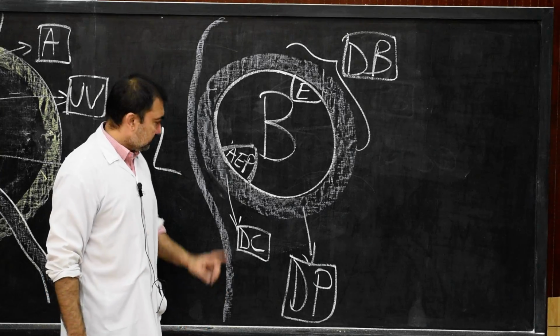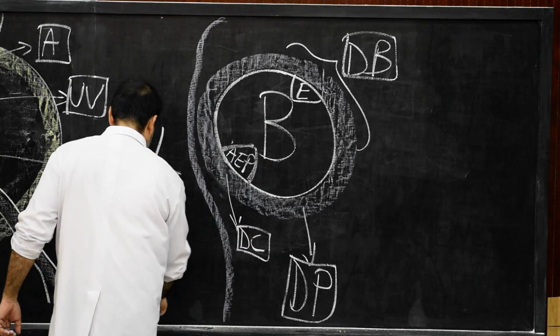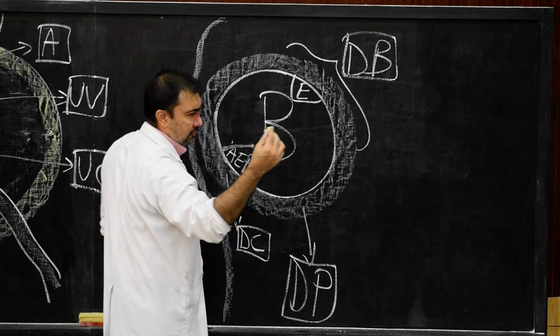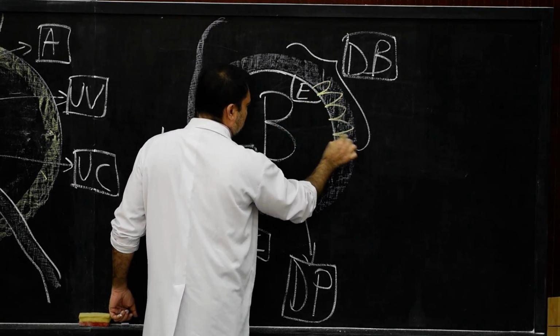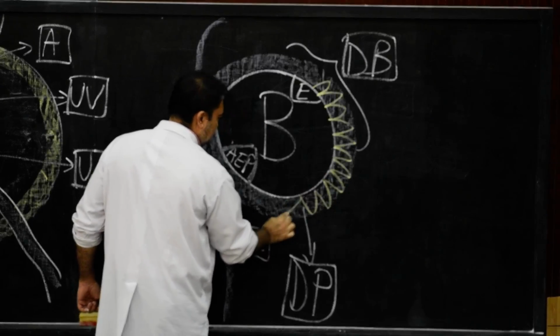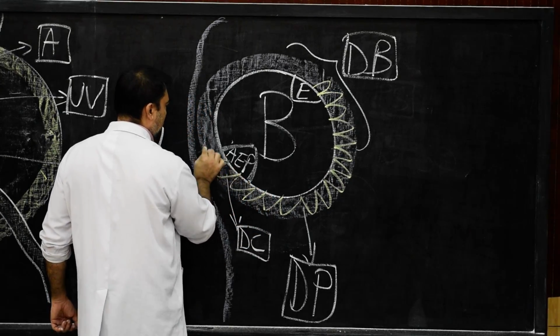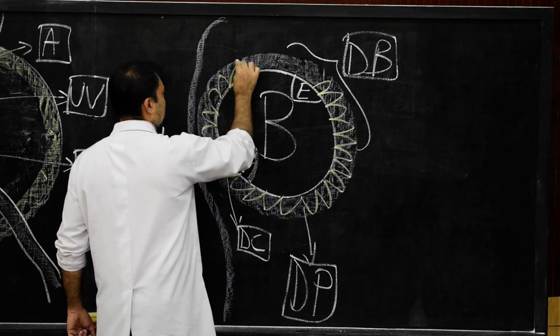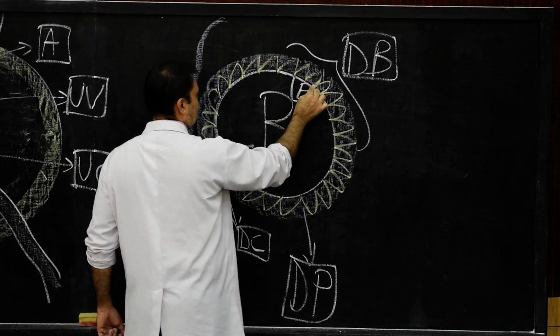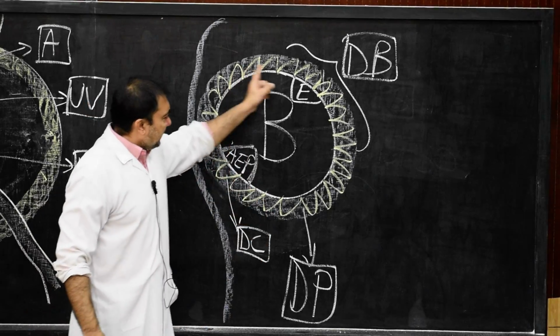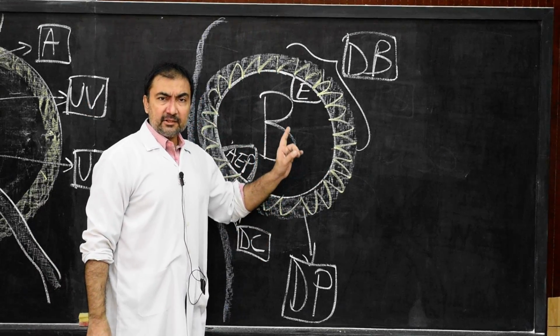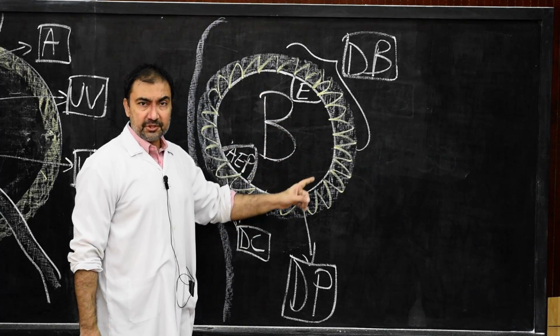What is chorion leaf? Now, when the villi develop, for example, if I show with the yellow color, these are the villi. Let us assume these are the villi which are developing on the trophoblast, the outer trophoblast. These are the villi which are developing on all the sides. Out of these villi, around 800 to 1000 villi approximately have developed, tertiary villi.